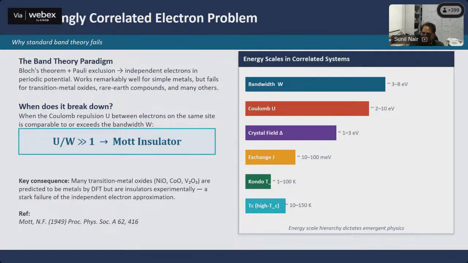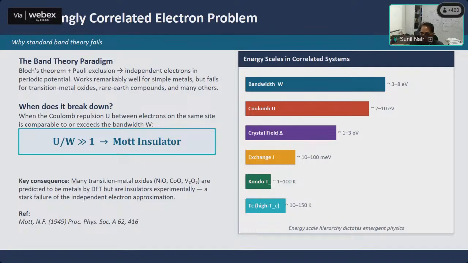Now, when one moves from a standard band theory to a Mott-like system or a Mott insulator system, that is dictated simply by the ratio of U to W. That means a ratio of the bandwidth vis-a-vis the on-site Coulomb repulsion, or the ratio of the kinetic to potential energy terms. And that tells you, at least to the first approximation, whether the material you're looking at is likely to be a system which will conduct, a metal, or is likely to be an insulator.